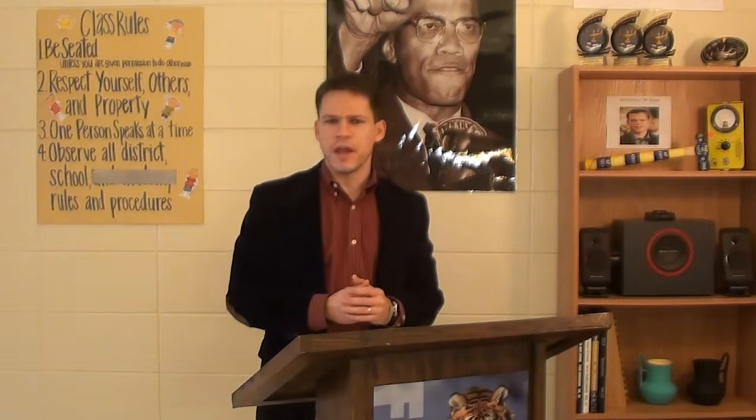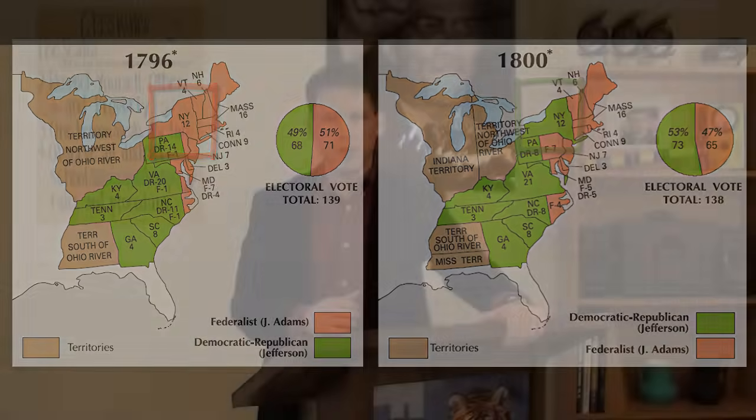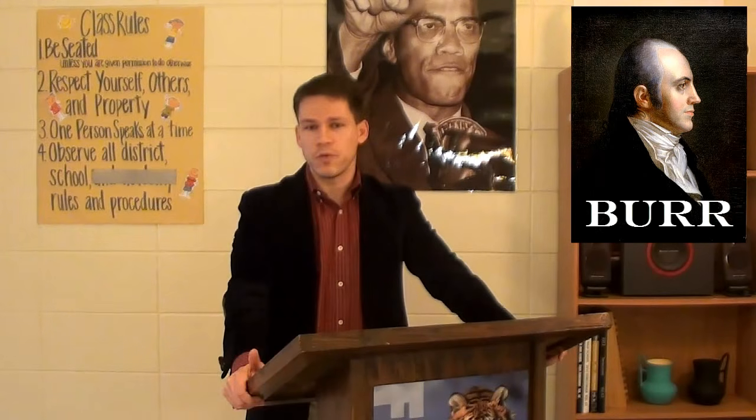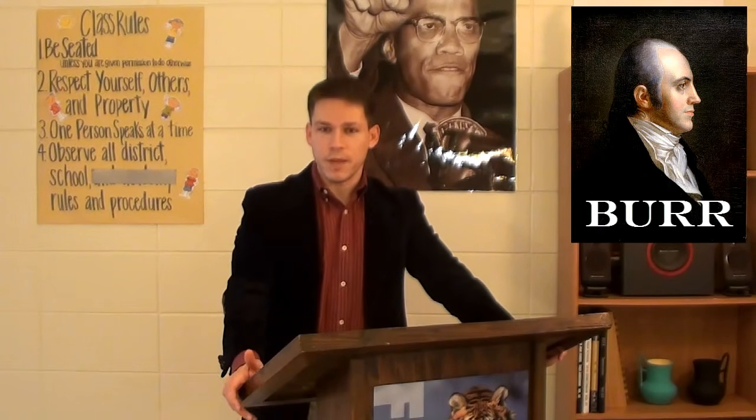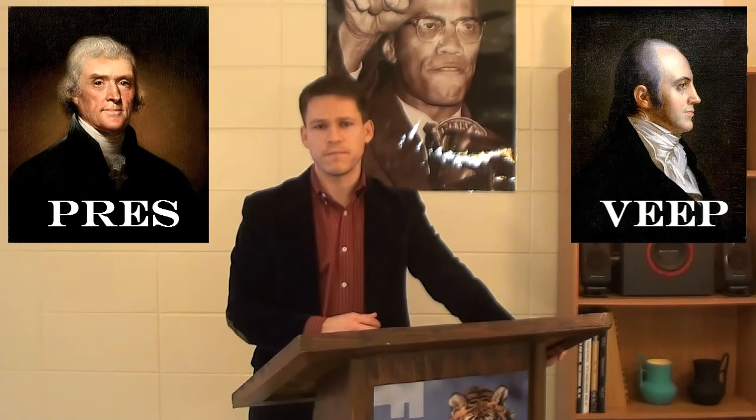And so we go to the election of 1800, which really isn't all that different from the election of 1796. If we compare the two electoral maps, there's really only one key difference, and that is the state of New York, which in 1796 voted for Adams, the Federalist candidate, and in 1800 supports Jefferson, the Republican candidate for president. Now, this didn't just happen on its own. This was the work of Aaron Burr, who, in return for his good work in New York, was named Jefferson's running mate. And so Jefferson and Burr were running on the Republican ticket as president and vice president.